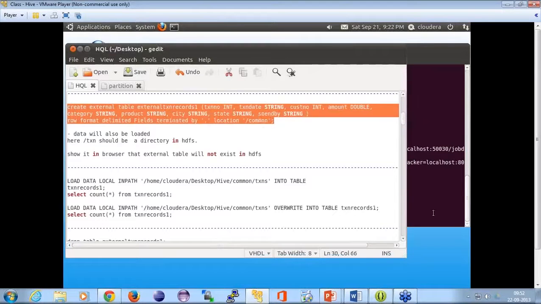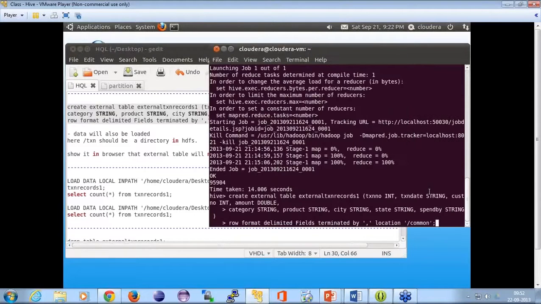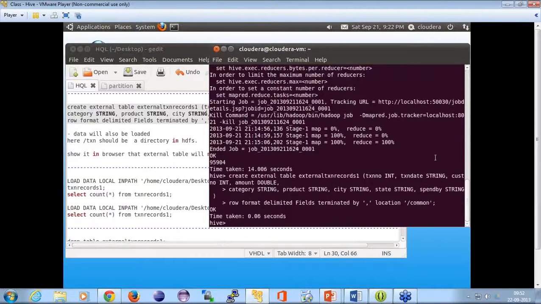So in this case I have defined it as a root, not really on the HDFS. Let's run it and see if the table is getting created.